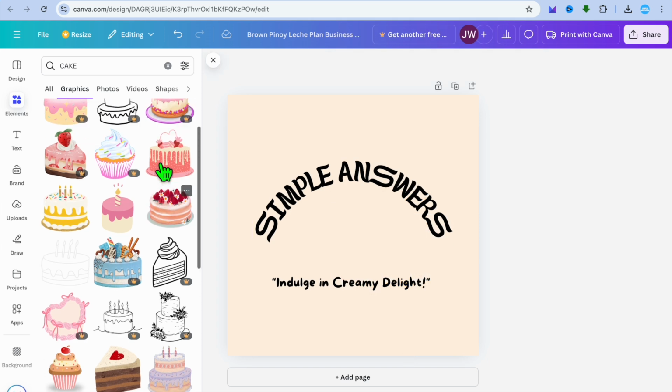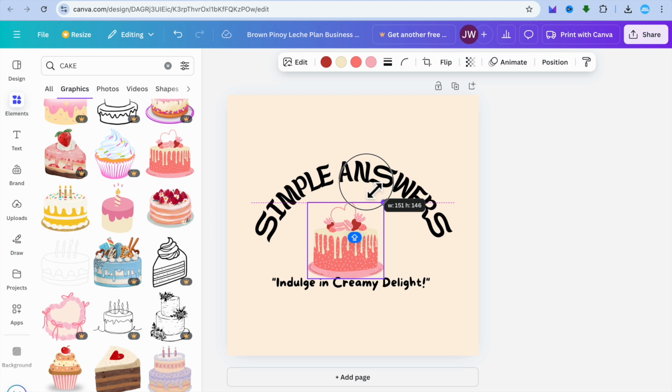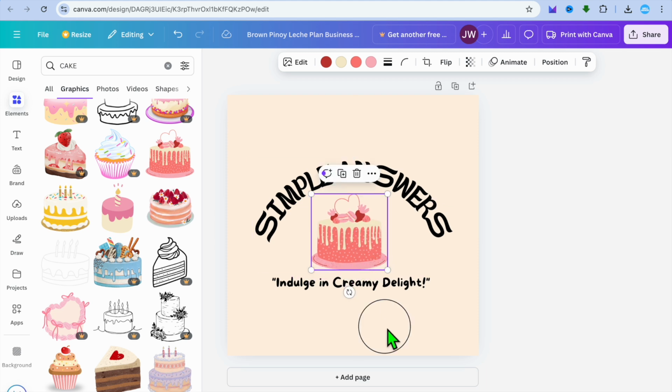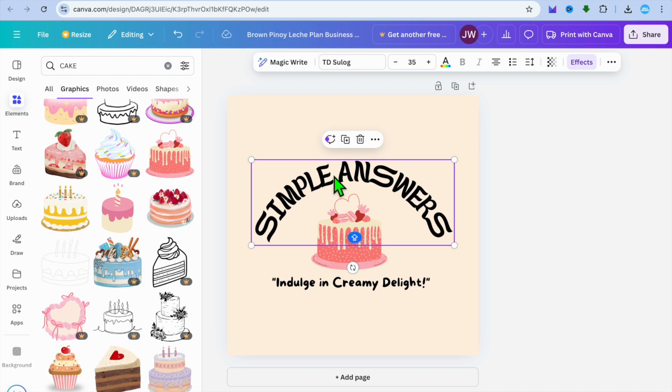So no, I don't like that color. So let's say this one. And you could drag and place the cake as you can see right here. So that's how you'll be able to add it. After you have done that, all you need to do now is go over to the top right hand corner and select share. And by the way, if you would like to change the color of the text, you